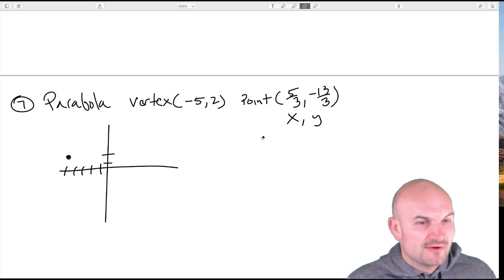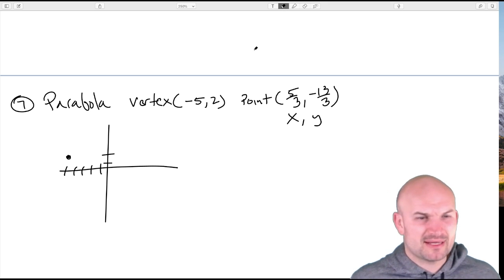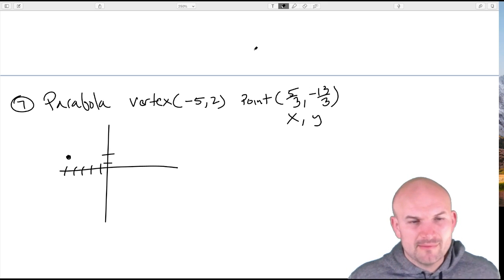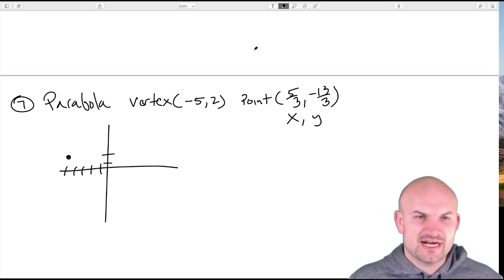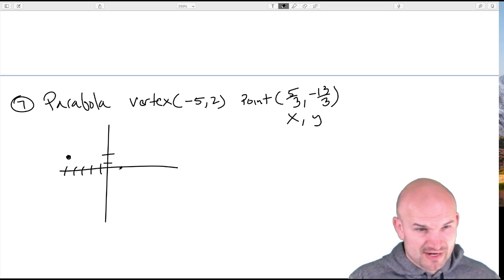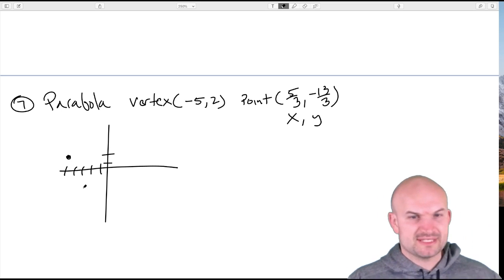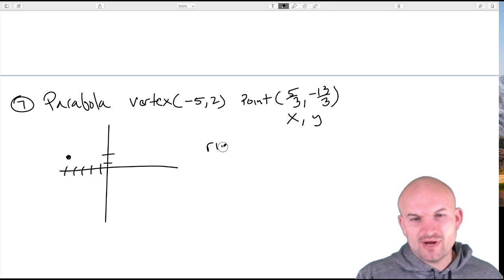if it opens up to the right, to the left, or down. So actually, I believe, and I can go and scroll up, but I'm not going to waste the time. Let's just go ahead and set it up. Then I'll show you what to do, and just trying to assume here that it was supposed to be opening up. So even if I did do that, 5/3 to the right. No, okay, sorry. If it's going to 5/3 to the right and then negative 13/3 down, it probably either opens up to the right or it opens down.